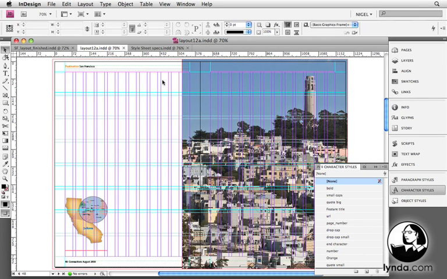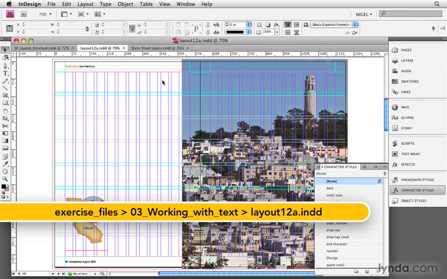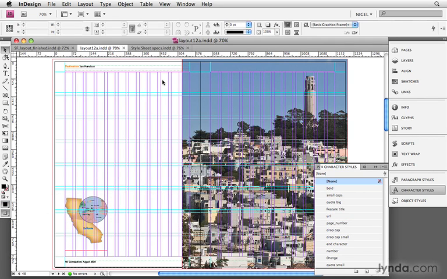For those purists among you who may feel that loading the finished style sheet from the completed version of the layout is a little bit too easy, then here's an option you might want to consider to create the styles yourself from scratch. This involves going to the finished version and printing out the style specifications from it. And to do this, we need to use a script called Text Styles Reporter, which is by a guy called